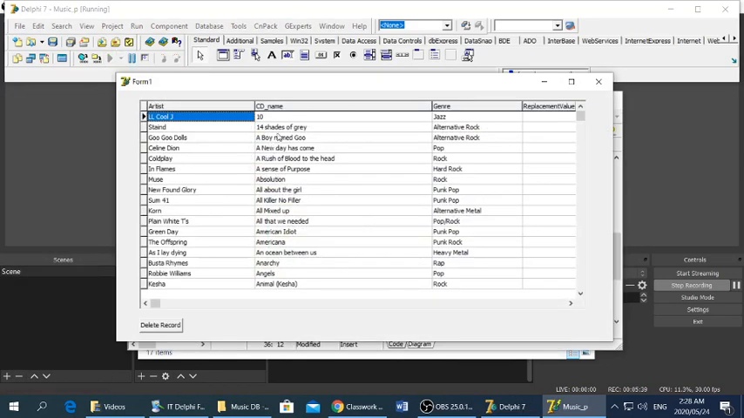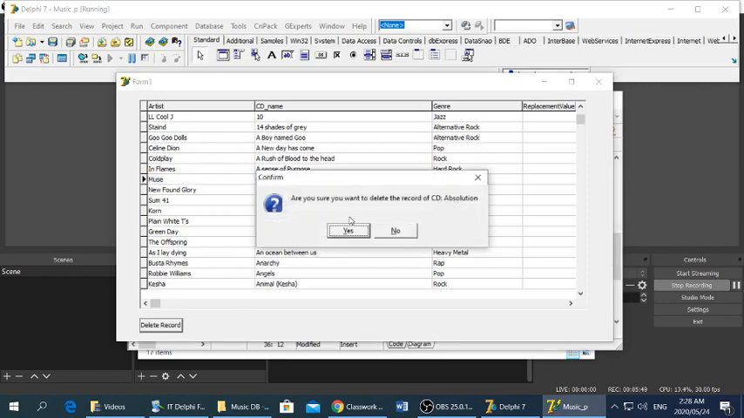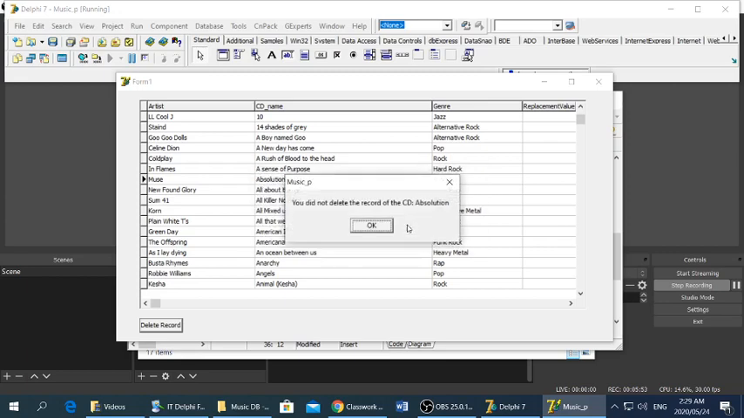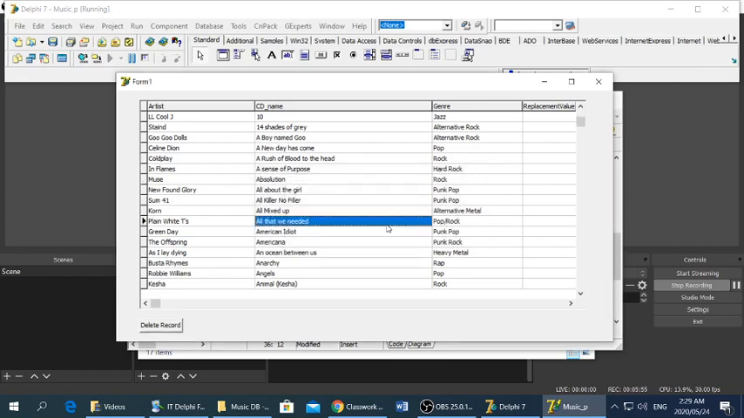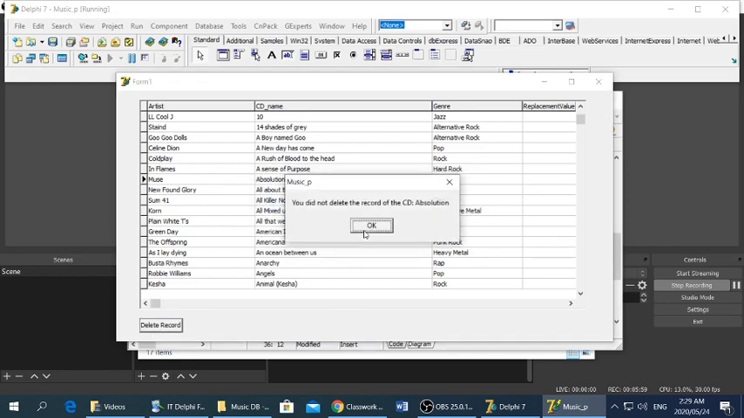Okay, so let's say I want to delete absolution. So I must click on absolution. Remember, if I don't click on anything, it'll automatically just delete the first one, which is 10. But let's say I want to delete absolution. It is the current one. Delete record. Are you sure you want to delete the record of CD absolution? If I say no, you did not delete the record and it is safe. Okay, let's actually delete it though. If I say yes,